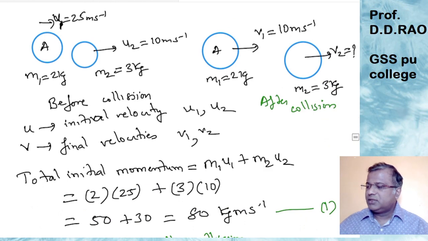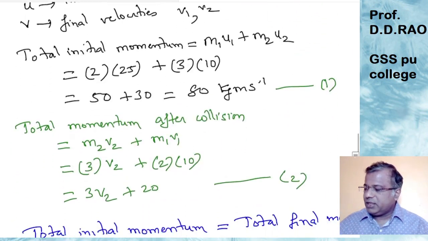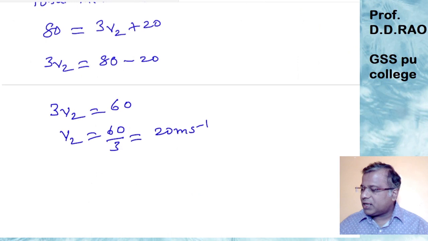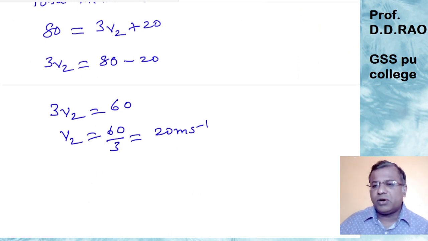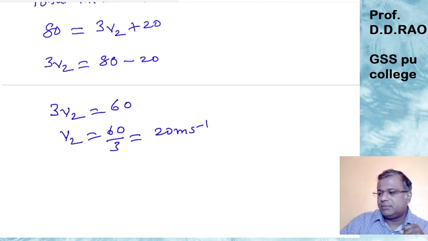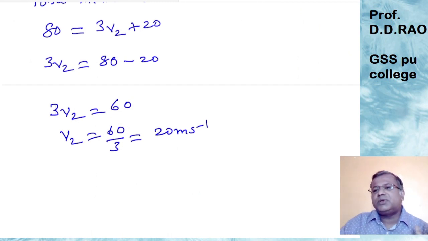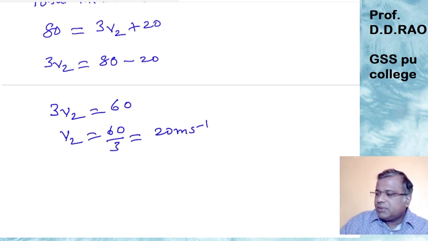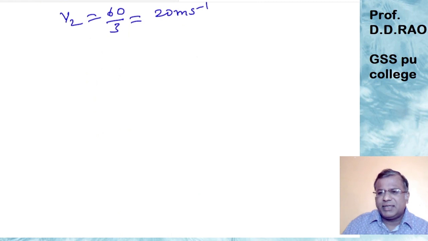So this is basically what we call the law of conservation of momentum. Momentum before collision will always be equal to the momentum after collision. That is the law of conservation of momentum. This can also be applied to the recoil of a bullet. I'll just do it mathematically here.